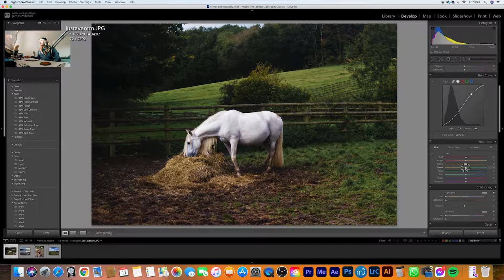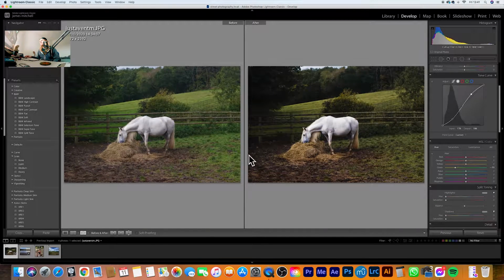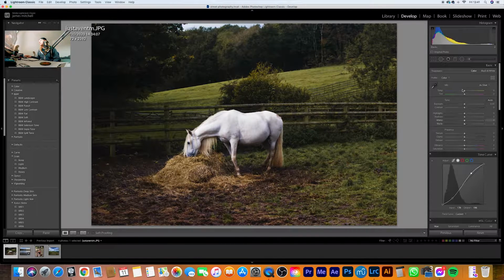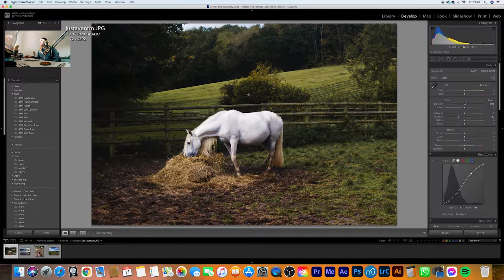Go to the hue slider. Going to bring that down. So the greens have already started getting a little bit more muted. You can see a little before and after by there. We haven't even touched the exposure part of this yet, and because we've dropped the saturation and the shadows, bring exposure up a little bit to make this horse pop a little bit more, and then bring the shadows down even more. The contrast is still there, but I'm going to bring it up ever so slightly,